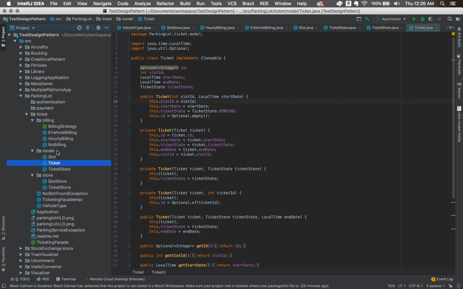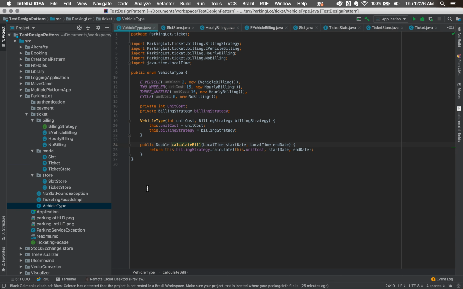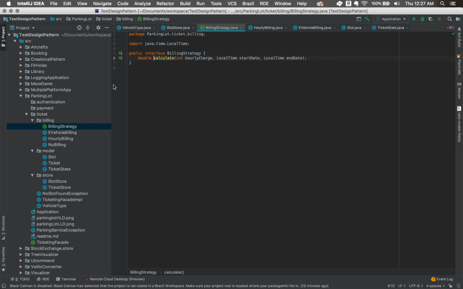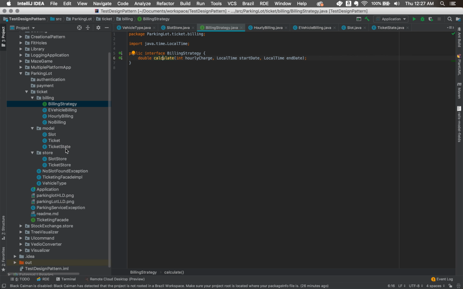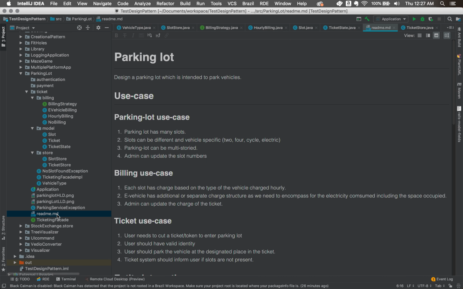Moving ahead, when I discussed the vehicles design, the vehicle type strategies are kept in the billing, where billing has a single functionality, which is to calculate, and it is implemented by the three strategies here. So this is the very basic implementation, where I quickly explained how to deal with such design questions,